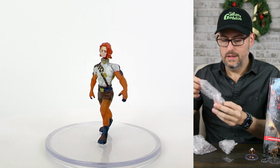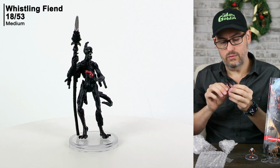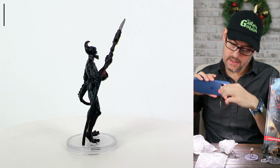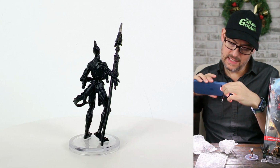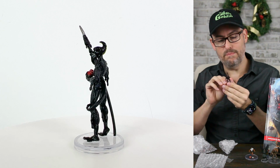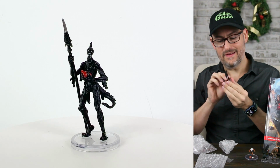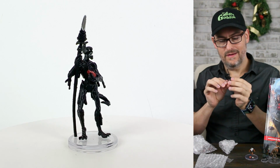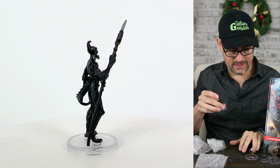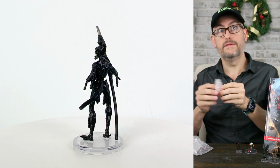And next we have, ooh, very creepy insectile looking creature. This is a whistling fiend. Yeah, it does look like a fiend actually. Looks like it's holding a still beating heart in its hands. And a spear. Yeah, it does look like a cross between a xenomorph and an insectile creature. That's awesome. Okay. Next we have